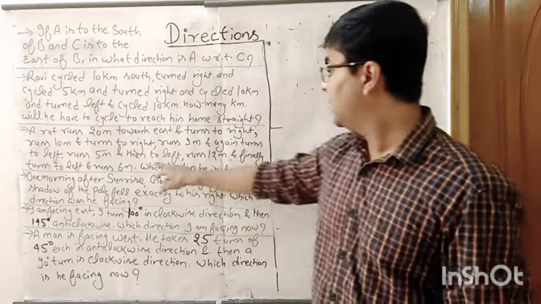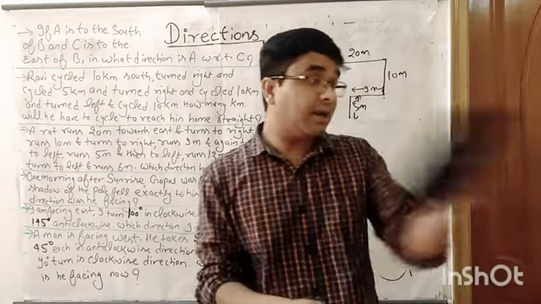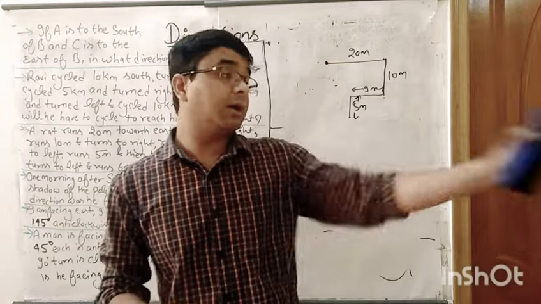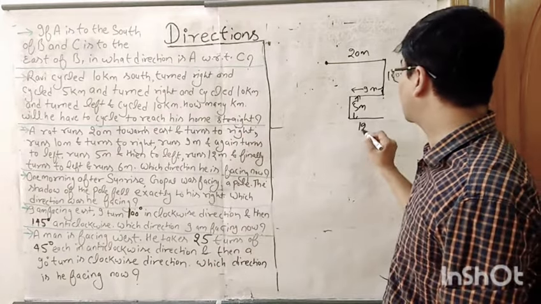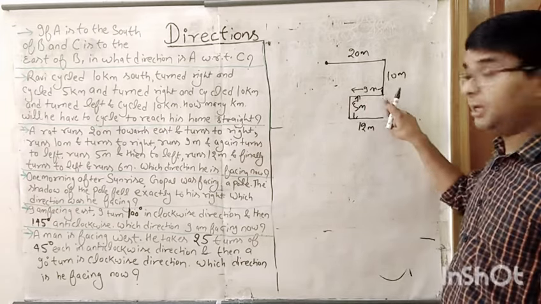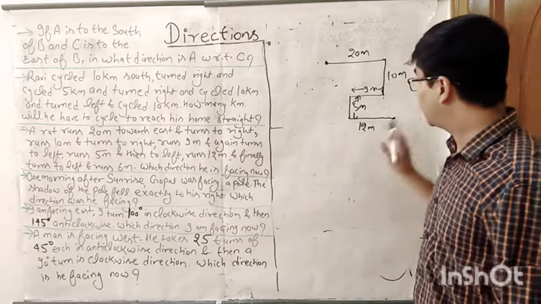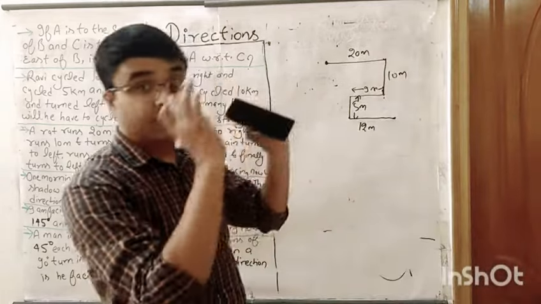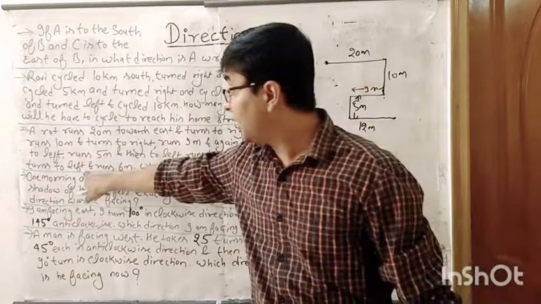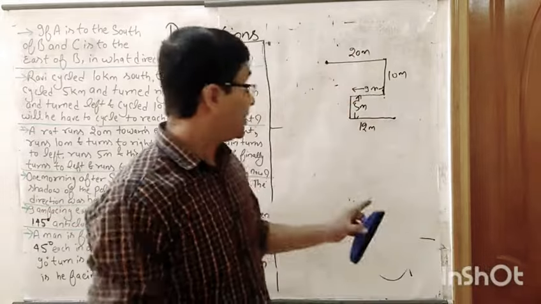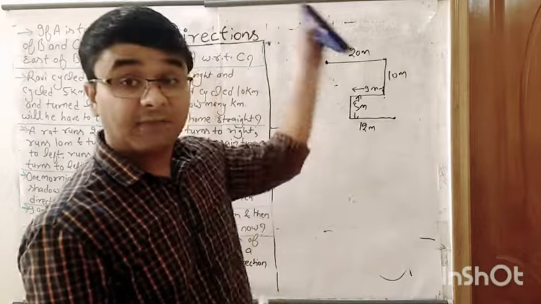The next statement is then to left runs 12 meters. Facing south, turning left, that is your east. He is moving towards east and walking how much? 12 meters. So 9 was this initially. 3 more to reach 12. So he is somewhere here. Facing again east. Now what to do next? Finally turns to left and runs 6 meters. Facing east, turning left is south. Oh sorry, north. Facing east, turning left is north.